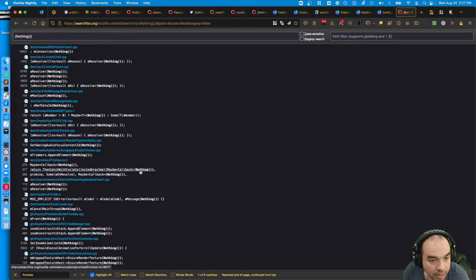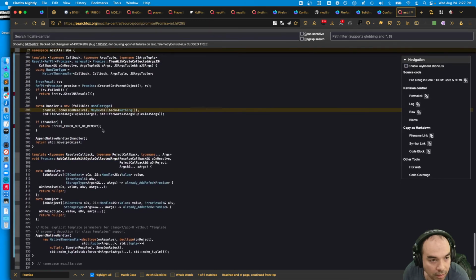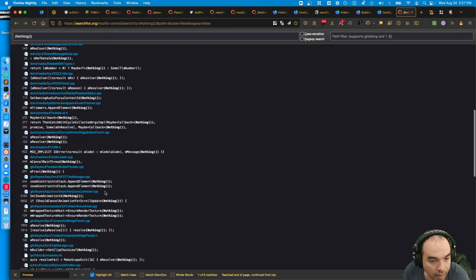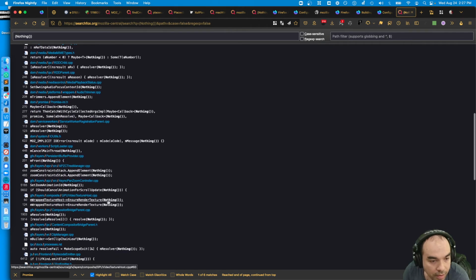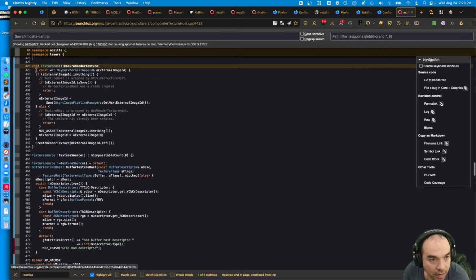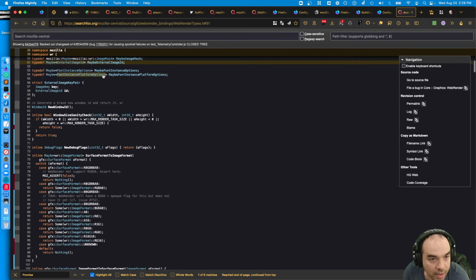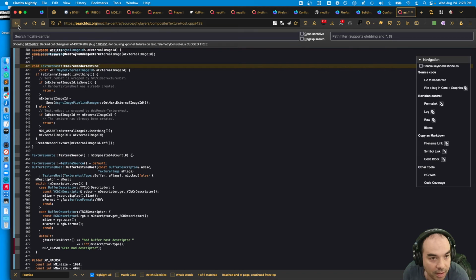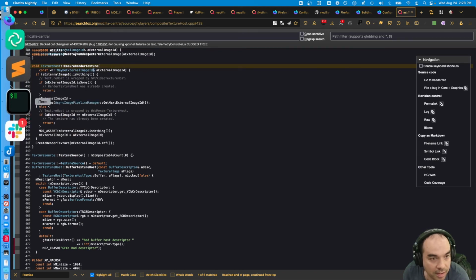Maybe callback pass nothing. Render texture. Okay, what does ensure render texture take? Maybe external image ID, which is a maybe. It's a typedef of maybe external image ID. And then there's an I see.